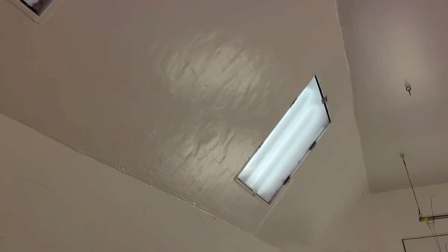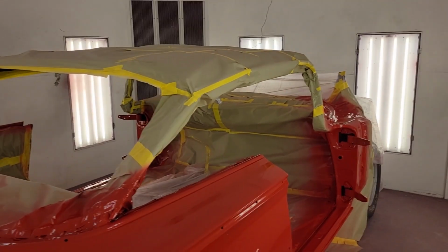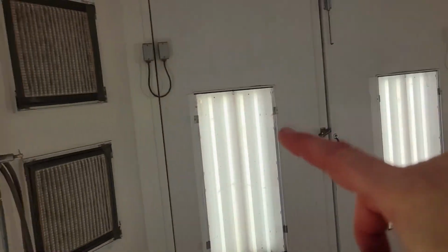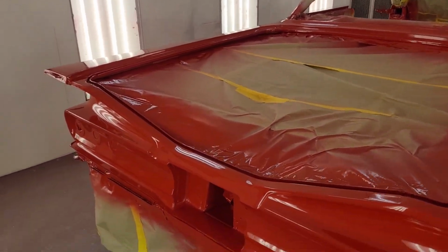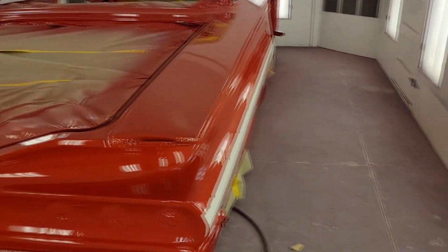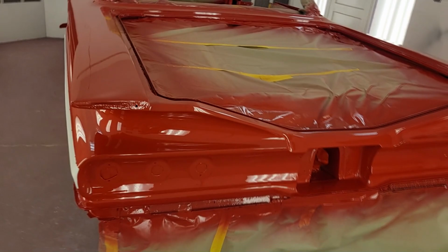Some plywood 2x4s. He skimmed the whole inside of it with sheetrock putty, sanded it, and painted it white. It has a squirrel cage type fan on the outside that draws out. Right here is the exhaust. These are the intake. He's got a pretty cool heat pump setup, so it is conditioned air, and that's one benefit to it. But guys, you can paint stuff like this at your house. I mean, a booth just helps keep down on trash. I've painted cars outside and done a good job, and I painted them in booths and got horrible. It's just a lot of it's on how you drag your hose around and stuff like that. But anyways, enough jabbering. Let's just check out this beautiful